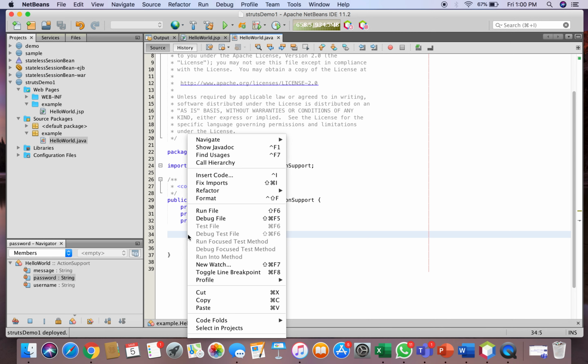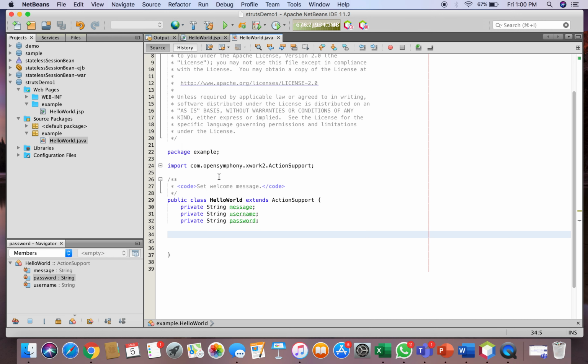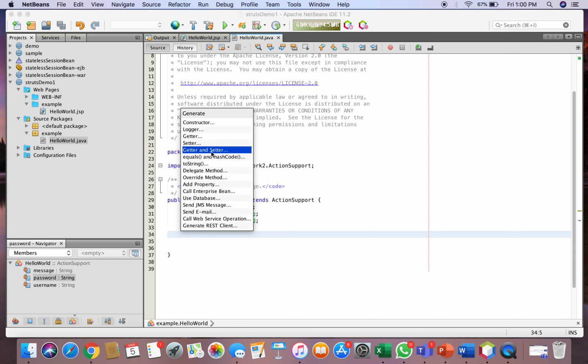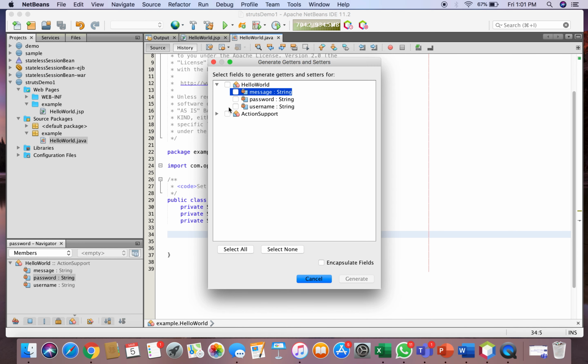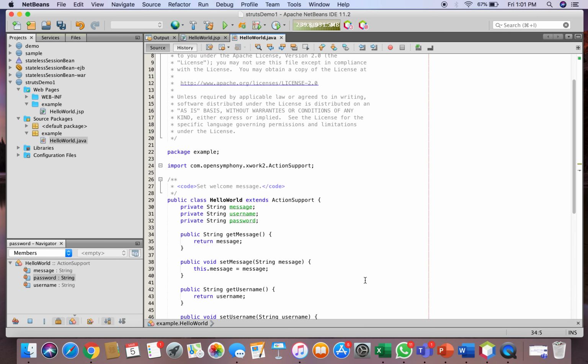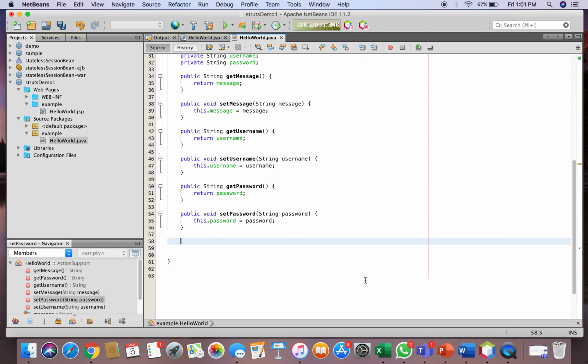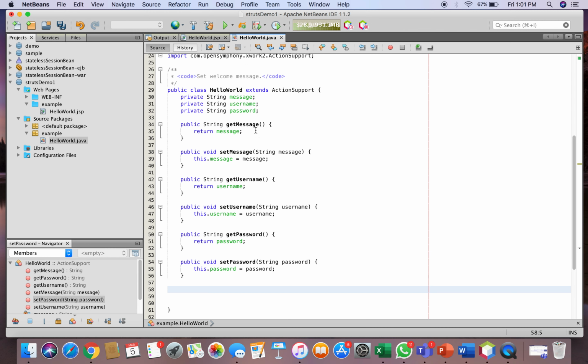Now as these variables are private, we need to access them. So we'll insert the code and generate its getters and setters. We have three variables, we'll select them and then click generate. It will create all the getters and setters of these three variables, which will be used to access their values.